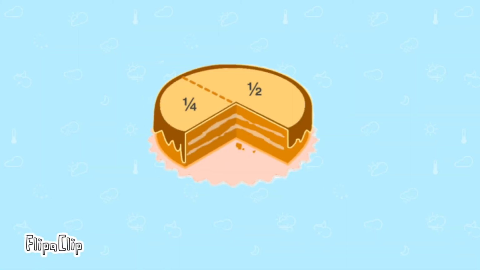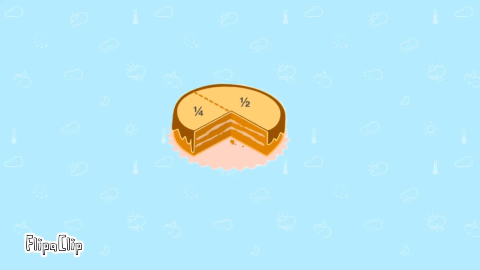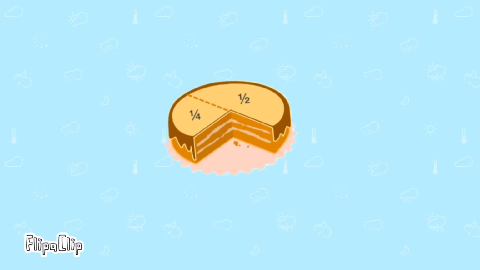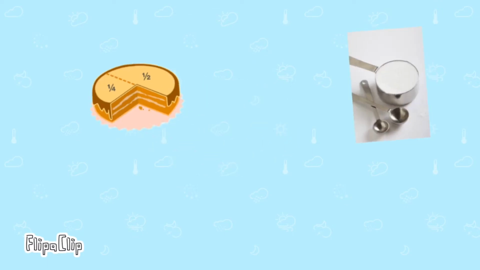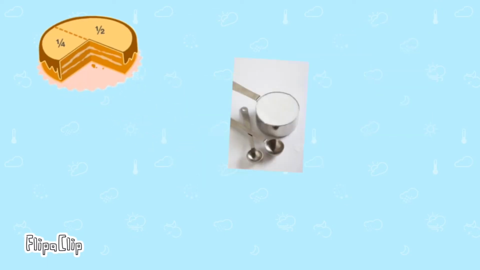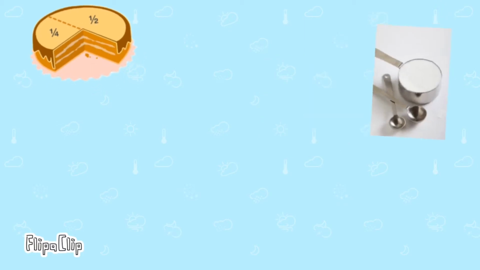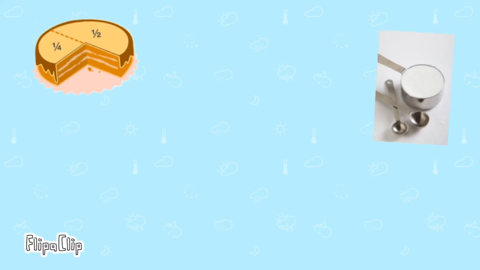I know you all like eating cakes, and to bake a tasty cake, it's very important to know the exact ingredients. And the interesting part is that most of the ingredients of a cake are in fractions, like 3/4 cup of sugar, half tablespoon of baking soda, 1/4 of baking powder, etc. This is one of the applications of fractions.